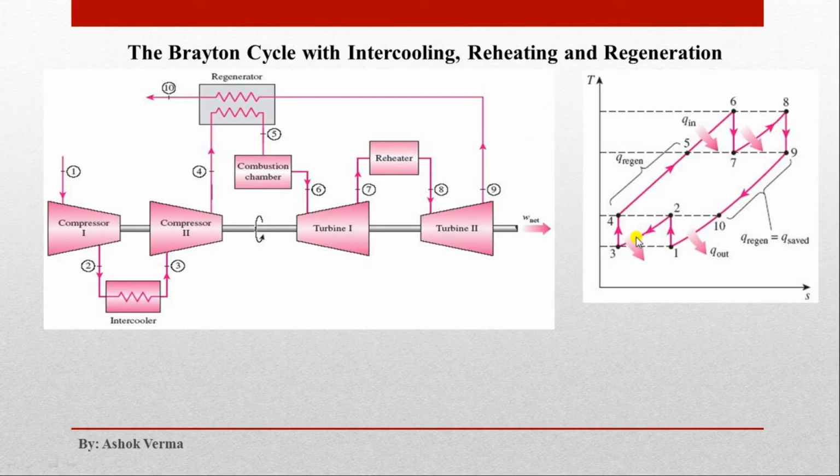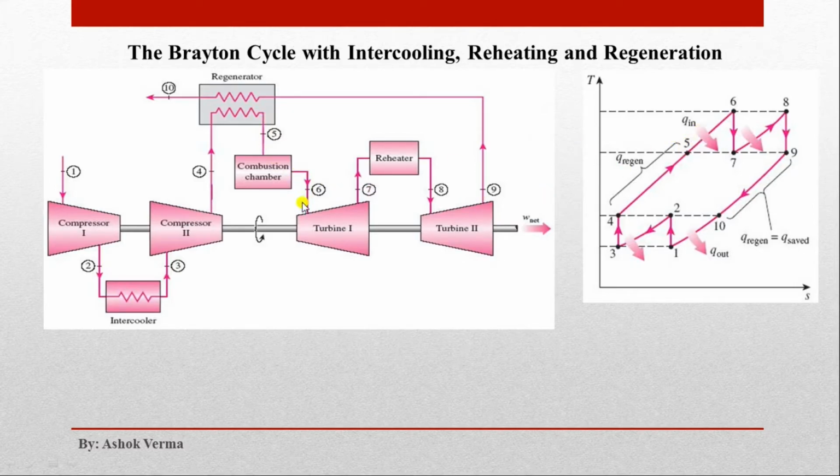Process 2 to 3 is the intercooling at constant pressure, and again we will compress this till the required pressure, that is P2 isentropically, and 3 to 4, this is the Q regeneration, means this is the heat supply from the regenerator,